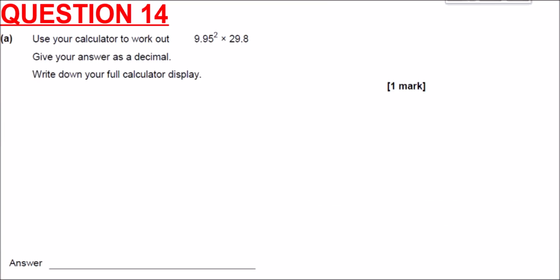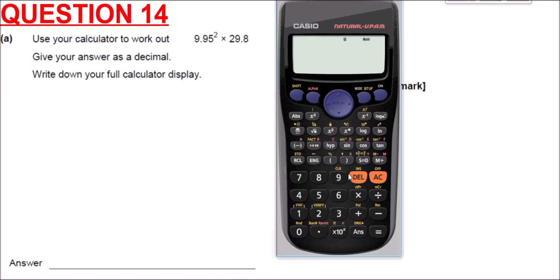Question 14, we're told to use our calculator to work out the value of 9.95 squared multiplied by 29.8. We're told to give the answer as a decimal and to write down the full calculator display. And so understandably this is only 1 mark, because if you know how to use your calculator, this should be very simple. So we type in 9.95, then most calculators, including this one I'm recommending, will have a squared button to press. Then we multiply that by 29.8,